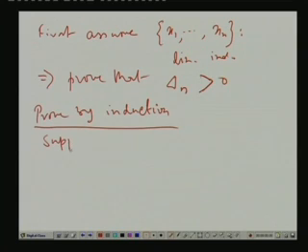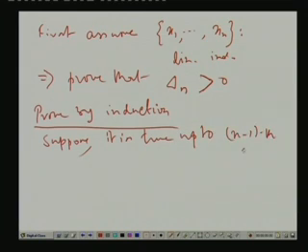Suppose it is true up to the n minus 1th order, that is delta n minus 1 is not only real, it is greater than 0. What is delta n minus 1? It is the determinant of a correlation matrix involving how many terms? N minus 1 terms. And suppose it is true that if you take n minus 1 terms which are linearly